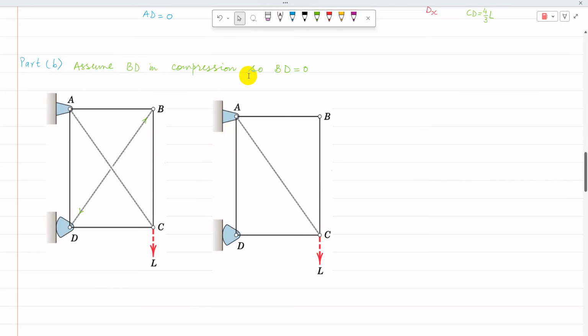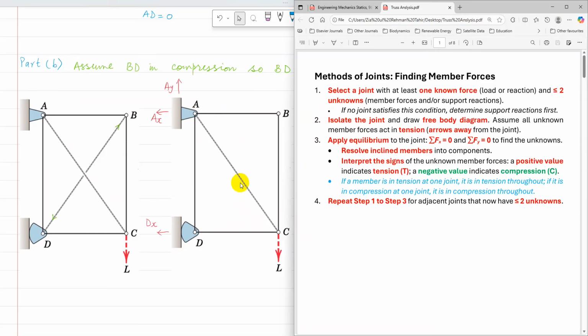Assuming BD is in compression, BD is not going to take any compression, so BD is equal to 0, and that is a modified truss. Now I can start analyzing the new modified truss. The only load acting is at point C, and it has three unknowns. Only one known force is there and three unknown forces, and any other joint doesn't have any known. So to solve this truss,